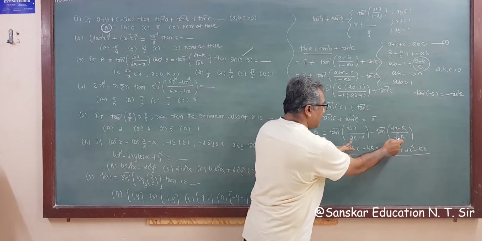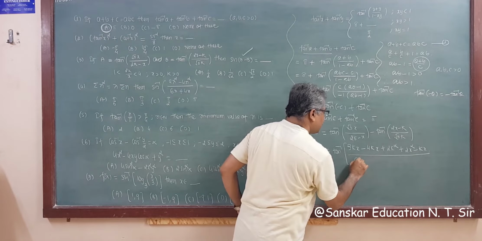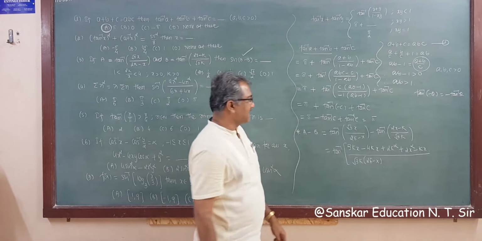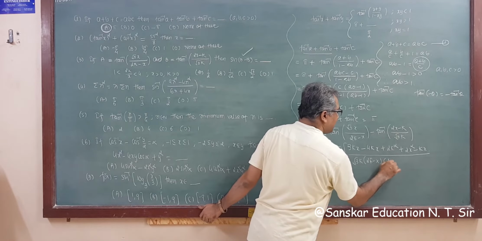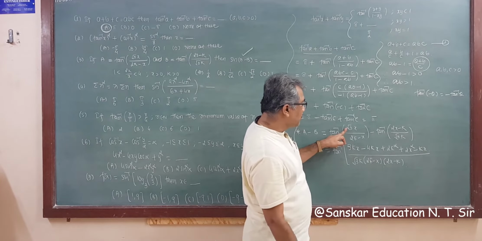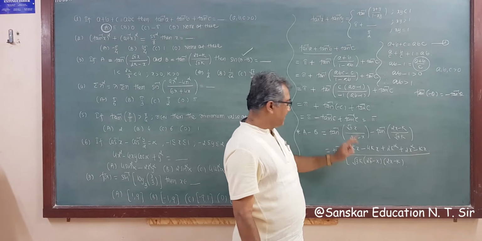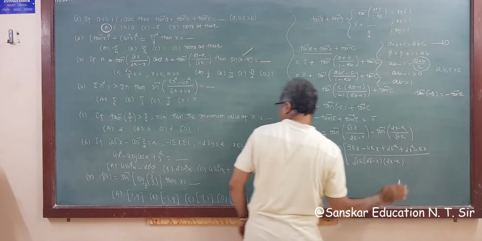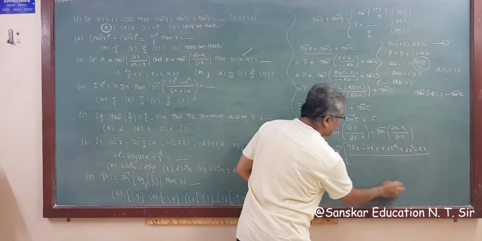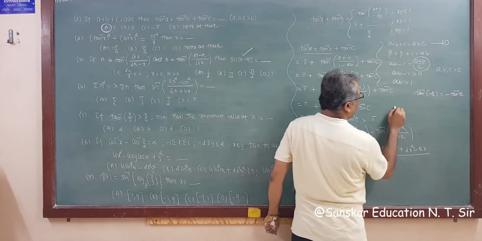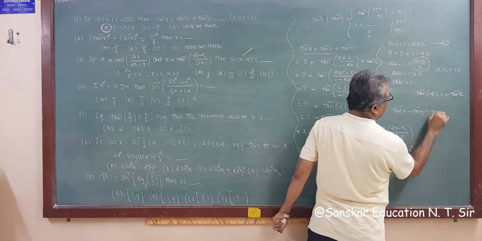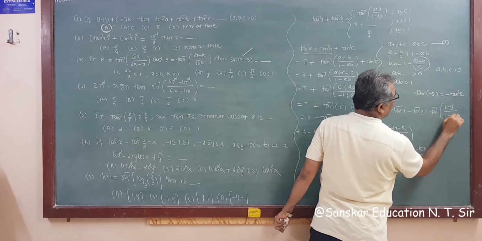This plus this, that is here, see, root 3k into twice k minus x, twice k minus x into this is twice x minus k, this is twice x minus k into root 3. Wait a minute. I think you are not able to understand this. How do we get this? What is your formula? Your formula is tan inverse x minus tan inverse y is equal to tan inverse x minus y upon 1 plus xy.